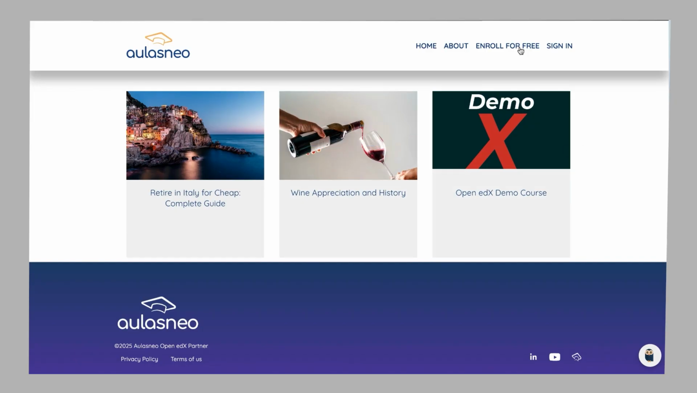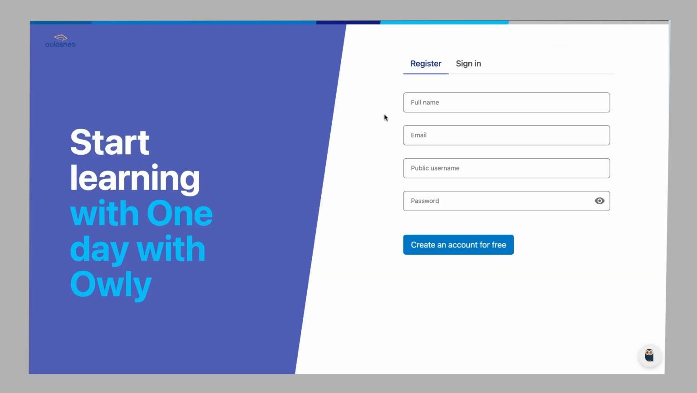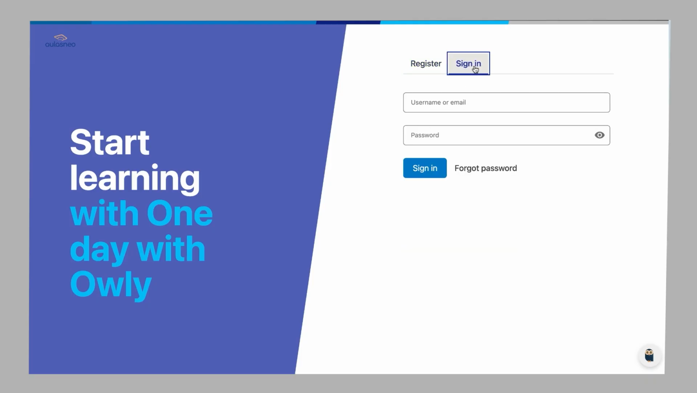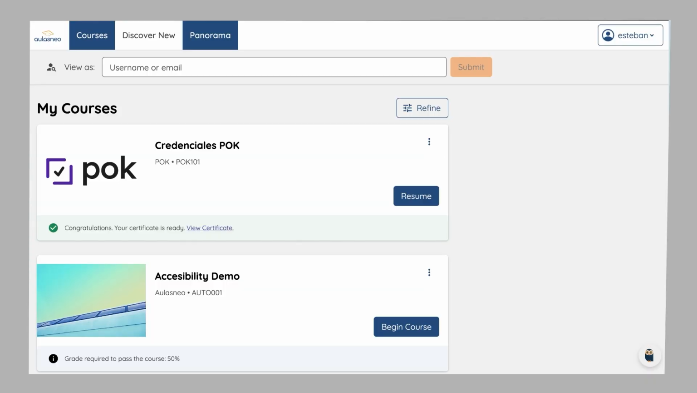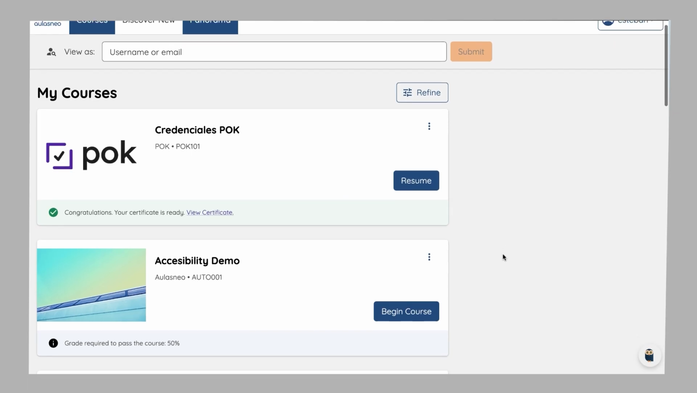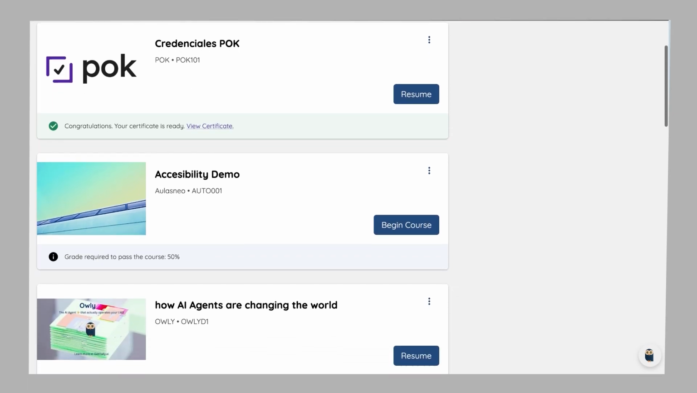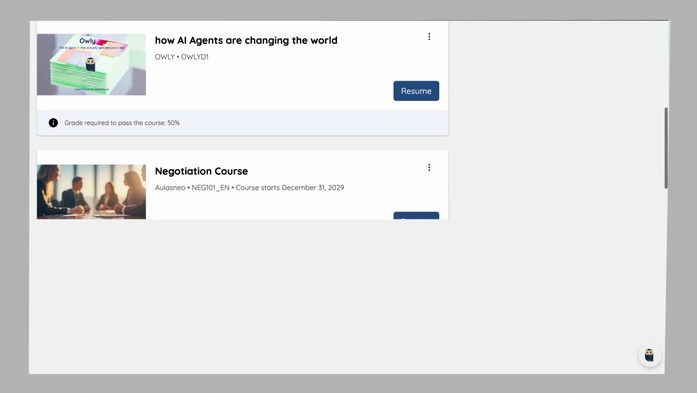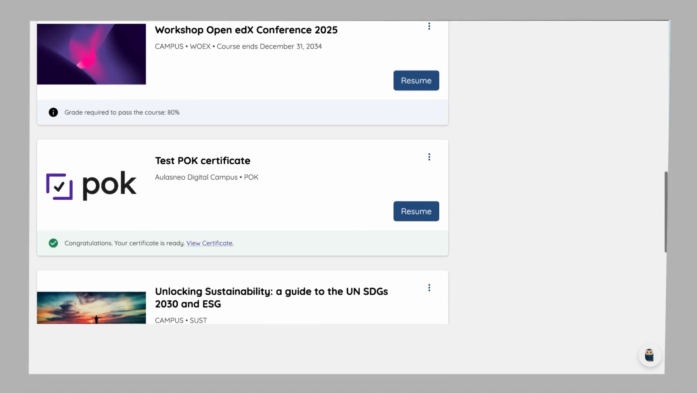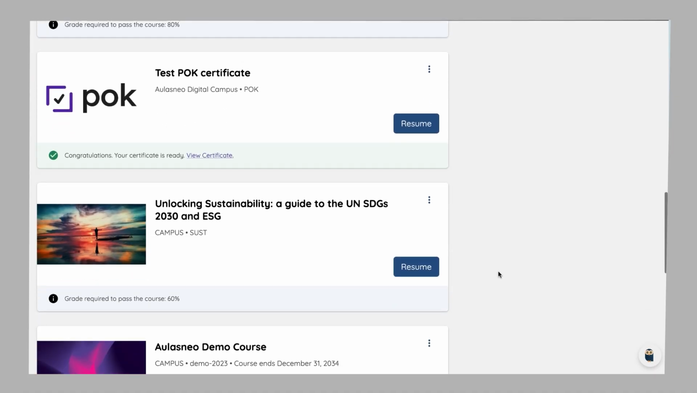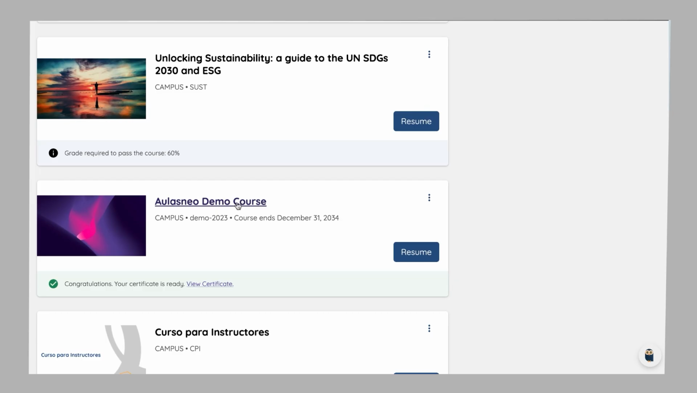To access the platform, it is needed to have a user, and users can register to create their accounts, and if they have an account, they can sign in. Once the user accesses the platform with the registered user, they have access to the dashboard, and in the dashboard they can see all the courses where they are registered. When they access the courses,